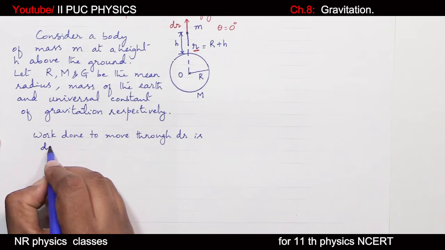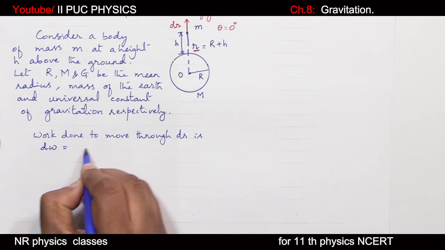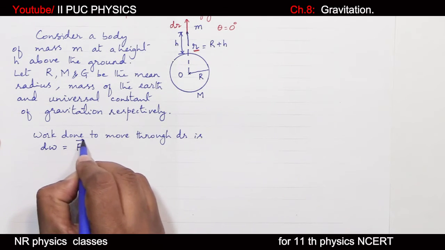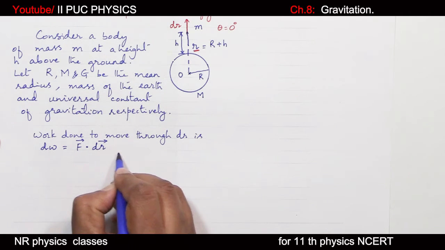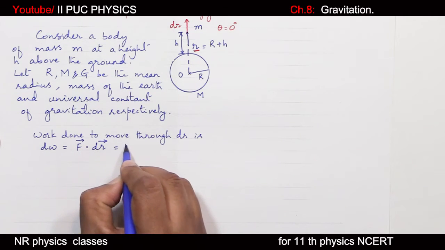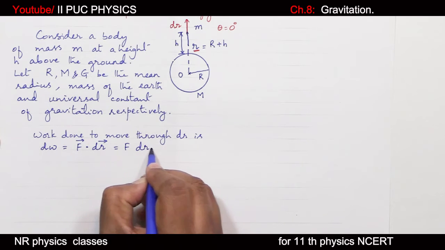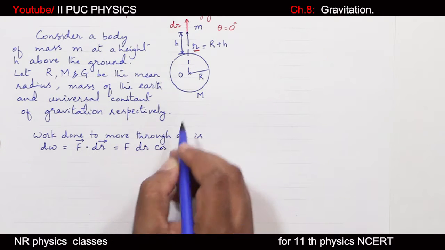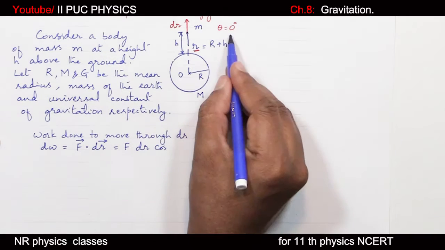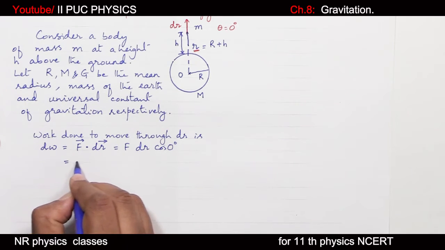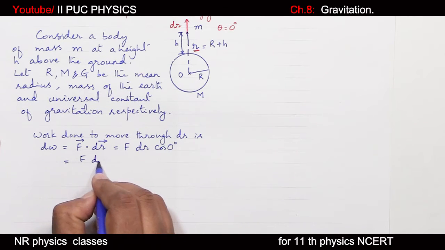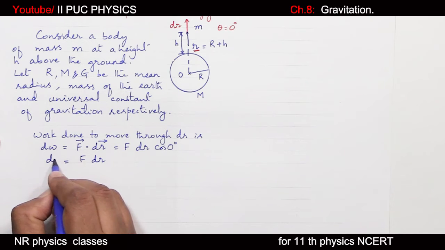It is small work done denoted by dW equal to force dot displacement, displacement is dr, equal to F dr cos theta, angle between force and displacement is 0, therefore cos 0. Cos 0 is 1. So F dr is dW